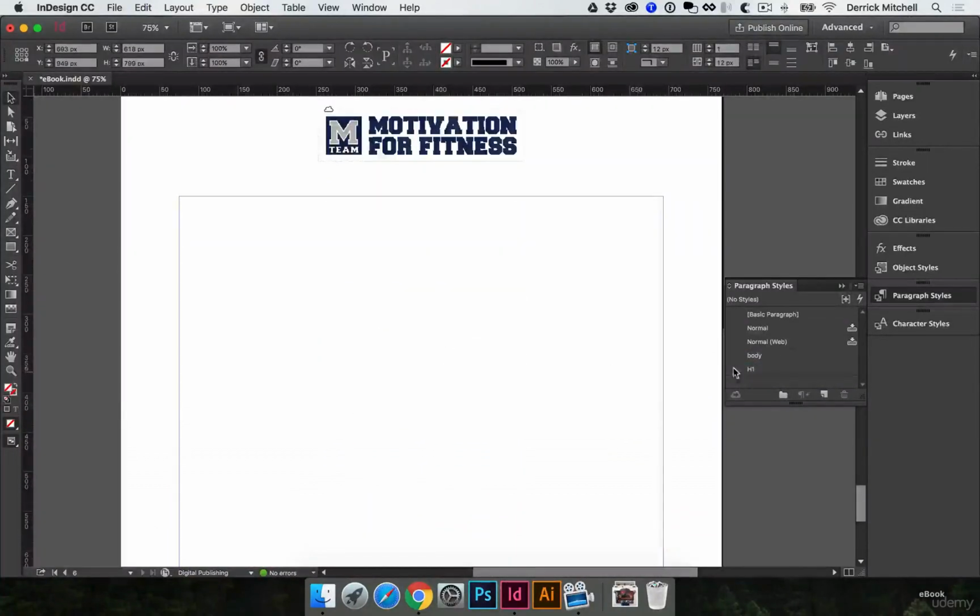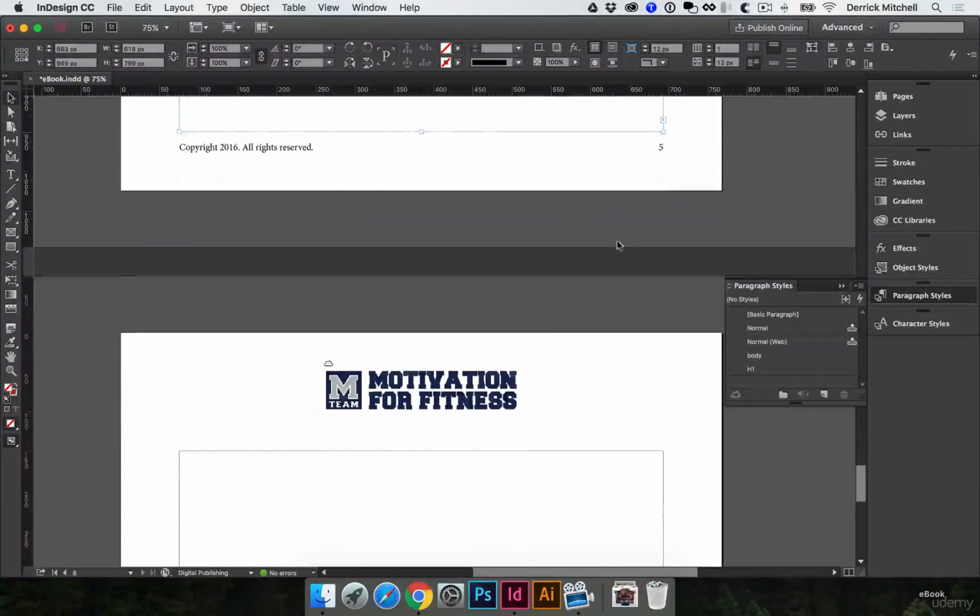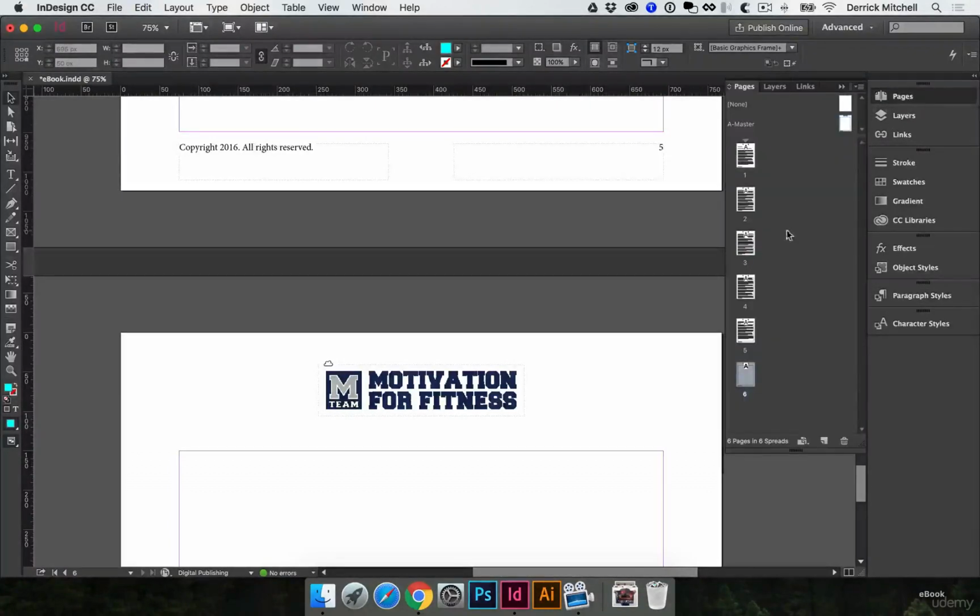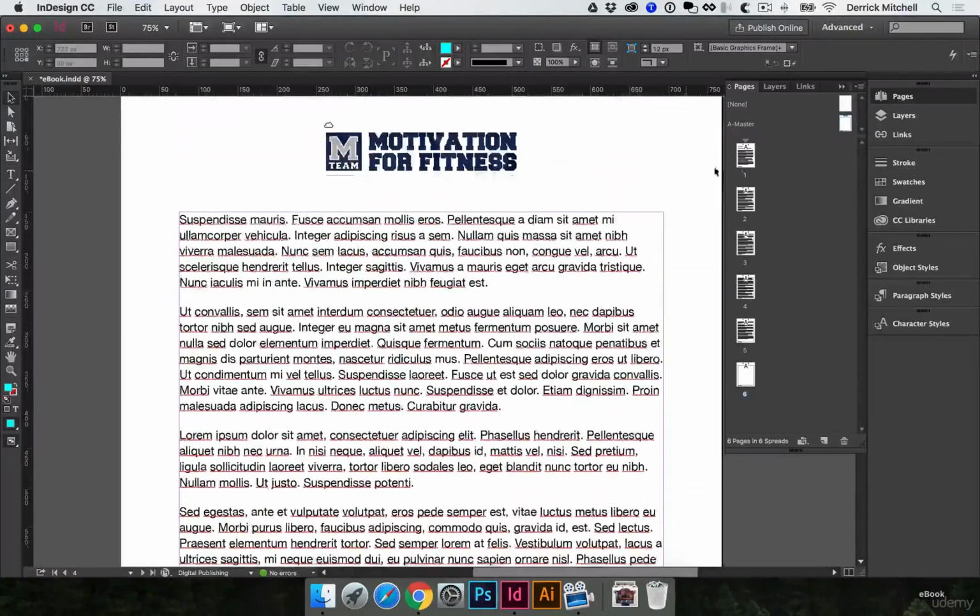So we have our text in here, we have some basic paragraph styles set, we have automatic page numbering turned on, and a logo for every page. So now what we want to do is bring in new photos for each section. So I'll jump back to my pages window, and let's go ahead and start by adding a cover. So I'll click up here on page 1,